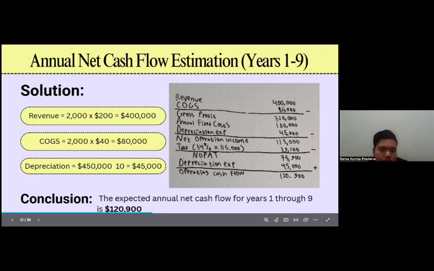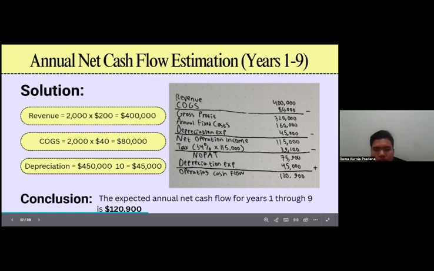We also include depreciation, which is based on the $450,000 equipment cost spread over 10 years, so that is $45,000 per year. After subtracting the variable and fixed costs of $160,000 and accounting for depreciation,